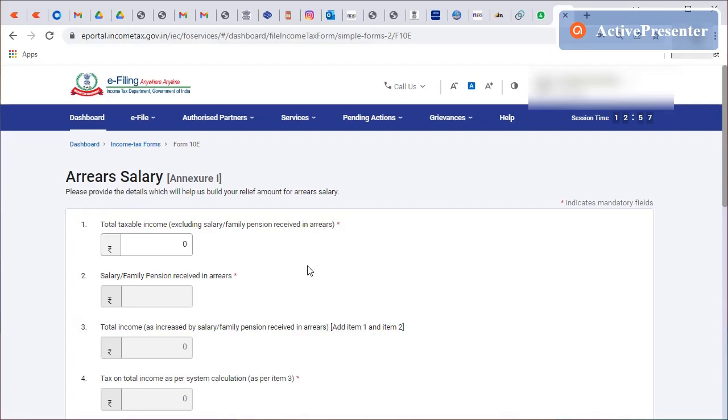But here what you have to enter is you have to include the arrear that you have received in the current financial year. So you should exclude the arrear you have received in earlier financial years, but for the year for which you are filing, which in my case is 20 to 21, for that period you have to enter the arrear amount also.